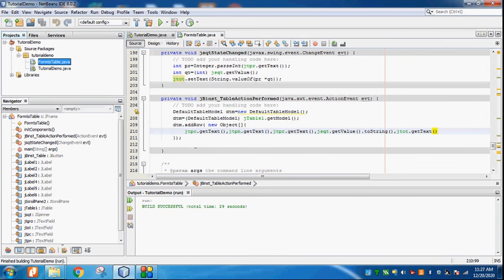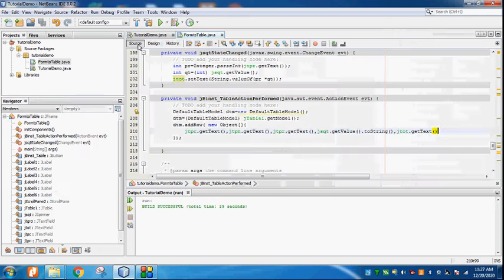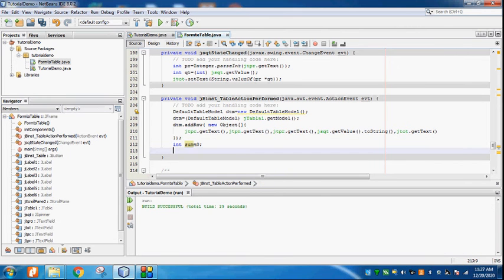So I will go after that, so my value will come here. In the source code I will define int sum is equal to 0 semicolon to count each record total.